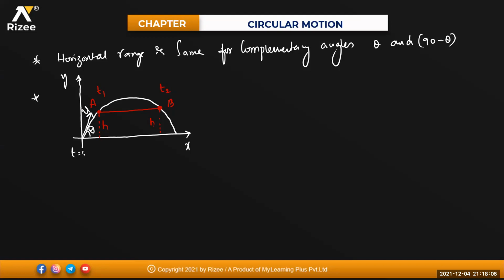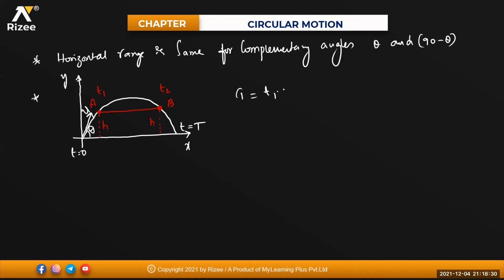At T = 0, the time taken to reach the ground will be equal to the time of flight. So A and B are two points at the same level, such that they are passing at what times, beta? T1 and T2, isn't it? Is it clear? Then total time of flight will be equal to how much, beta?